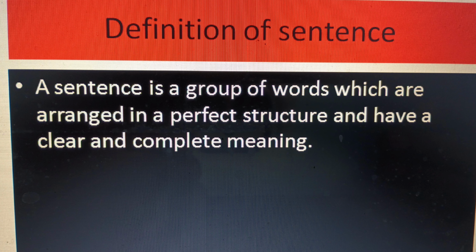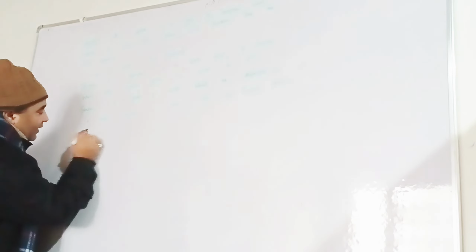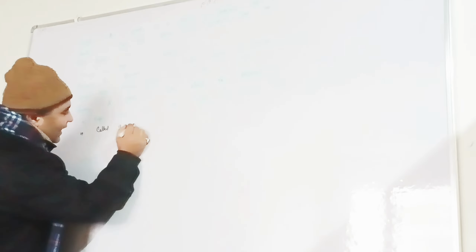So a group of words which are arranged in a perfect structure and have a perfect and complete meaning is called a